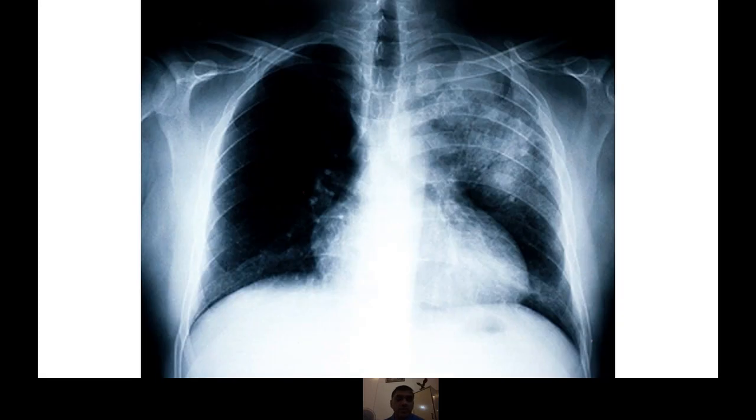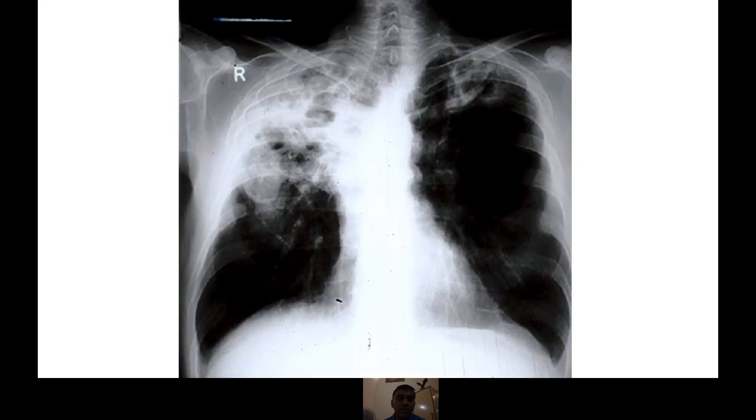So this is the X-ray. This is an X-ray of an acute stage where it presents as a left upper zone pneumonia within a very short period of time. Then this is the chronic stage, which we saw this X-ray earlier with cavity formation, and of course there is some form of fibrosis as well.